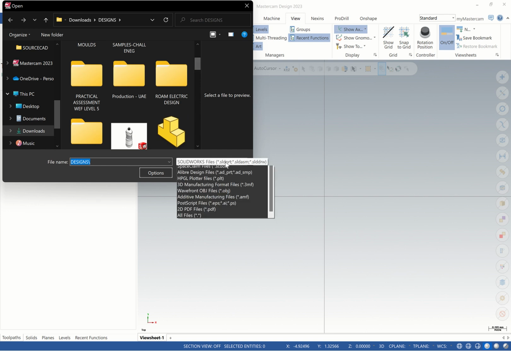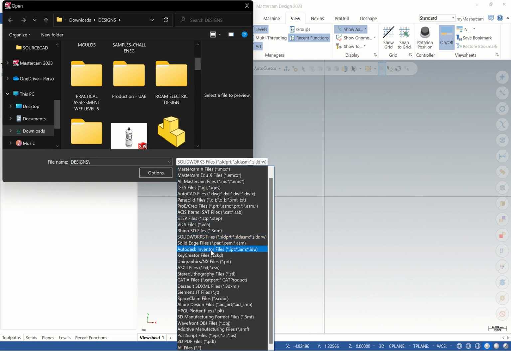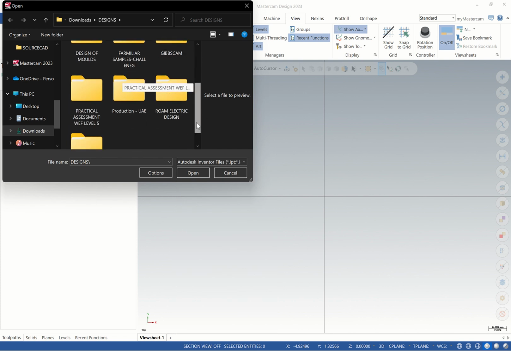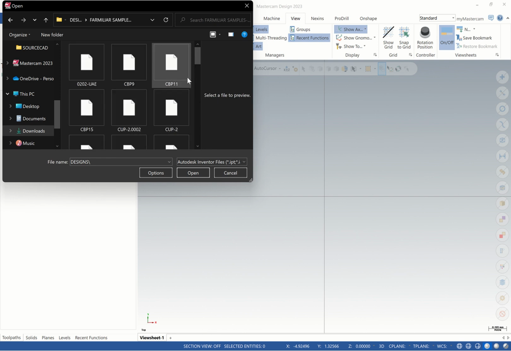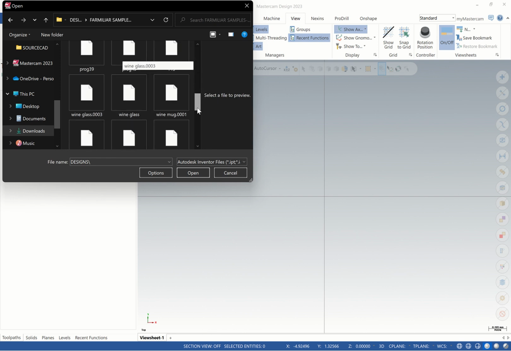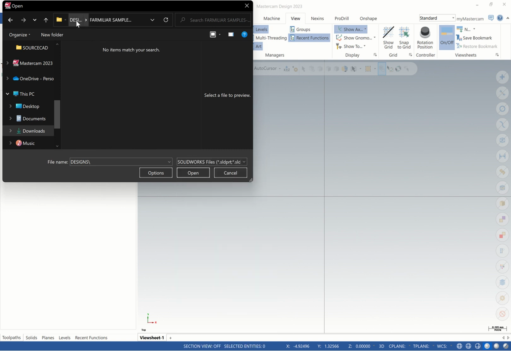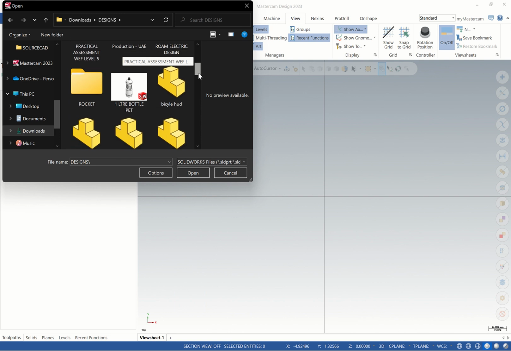SolidWorks is already selected, so ensure that you have SolidWorks. If you have Autodesk, you can also open Autodesk. For example, if you click on Autodesk, it pops up directly to where the Autodesk files are. I can click on this one, and it will give me all the files I want to upload in Autodesk. But now I want to use SolidWorks, so I'll just pick SolidWorks, come to design, go to design